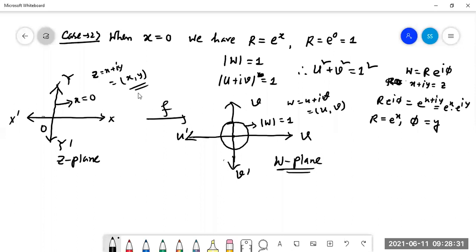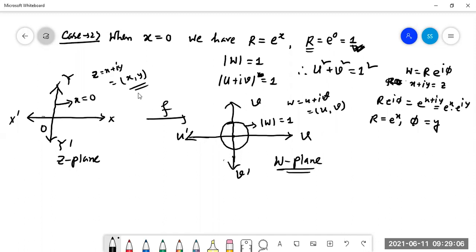Sir, here mod W is showing the radius, 1. Yes, the radius. Look, this r, the value of r is 1, right? Capital R is the radius of a circle in the W plane. So the radius of the circle is 1 unit, which means it is a unit circle, and we can write down that in the W plane, mod W equal to 1.